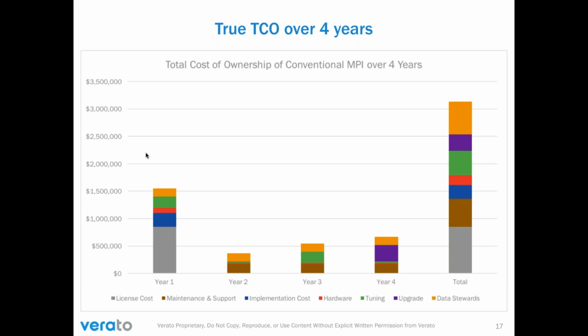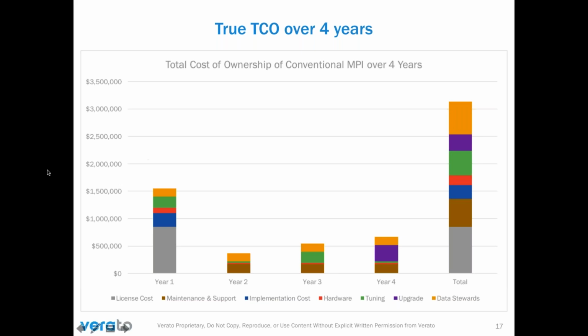And that's what ends up not being the case. So in addition to the maintenance and support, you have this higher load of data stewardship. That's the yellow box that continues on forever. And then you have these periodic events, these additional tuning exercises that come into play, the upgrades every few years. And if you look at that over the long term, your total cost may be twice what you thought it was going to be, if you're not accounting for these other factors that often get overlooked.